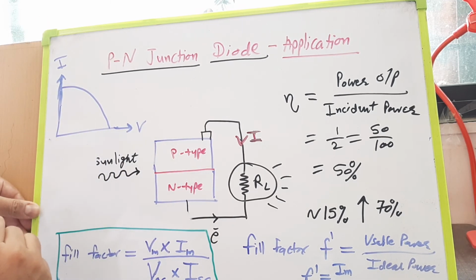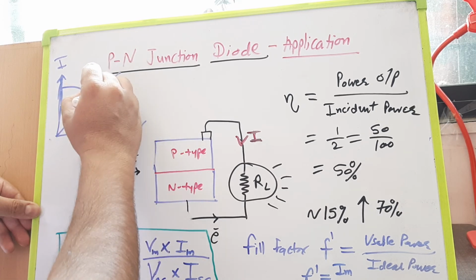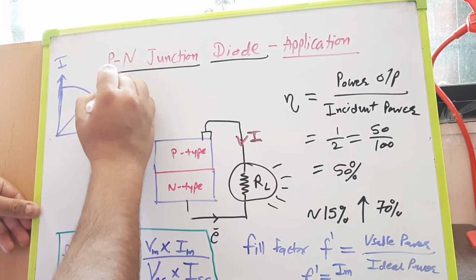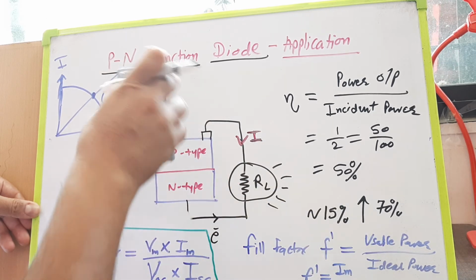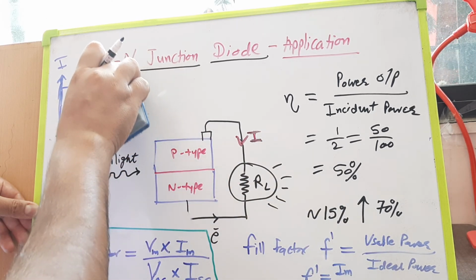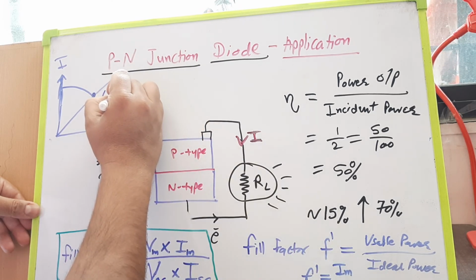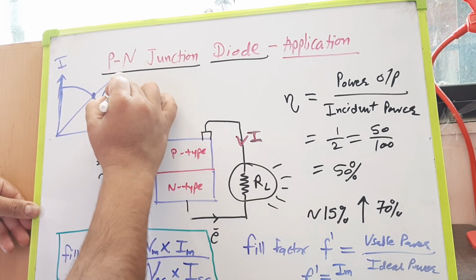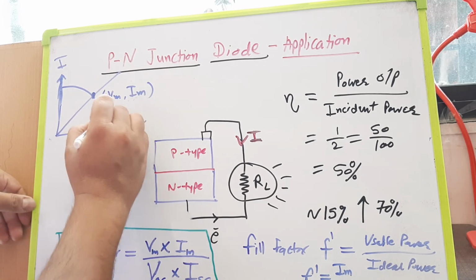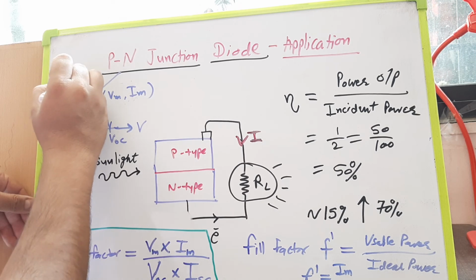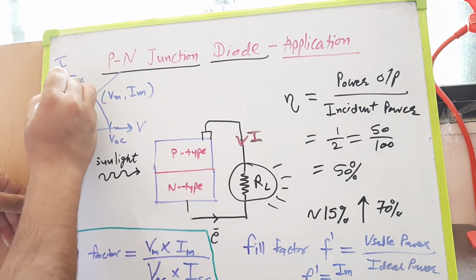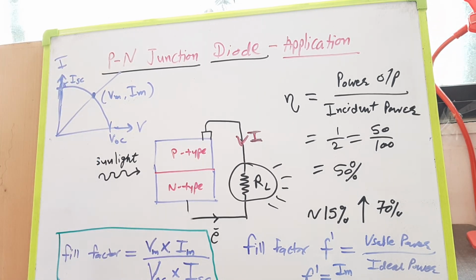So at 45 degree जो काय पॉइंट असतो that is Im and Vm. I think हा उलटा लिहिलेला आहे, Vm आणि Im असला पाहिजे. So Vm, Im, and this is VOC and this is ISC. Okay, so this is enough. You can just read it by yourself